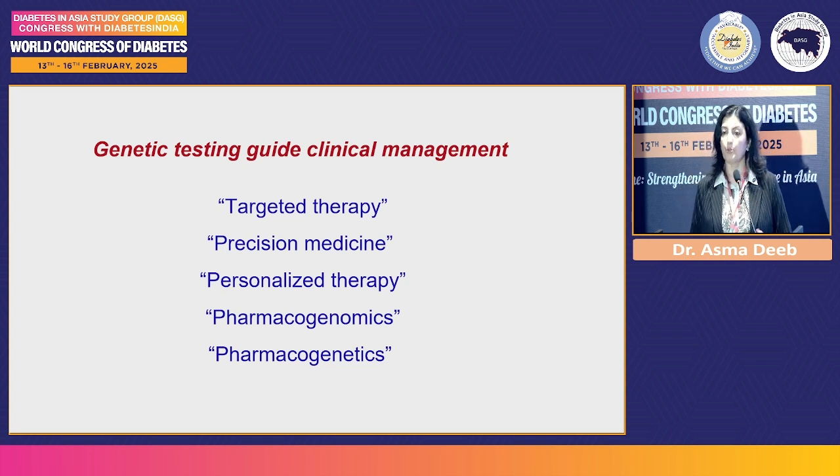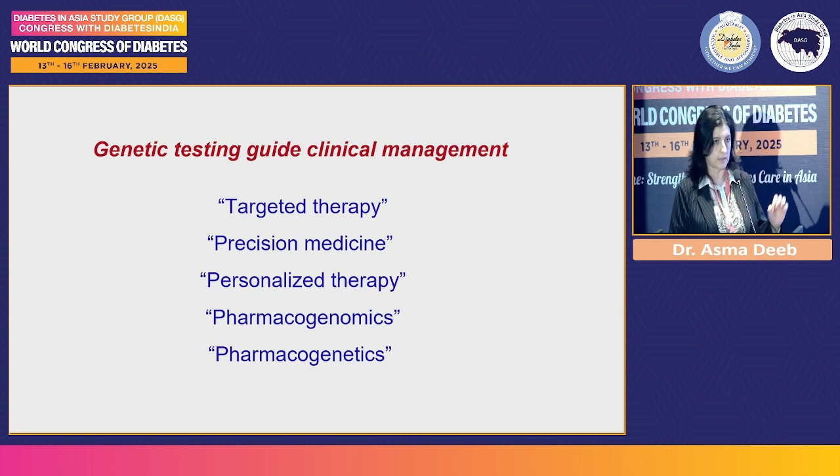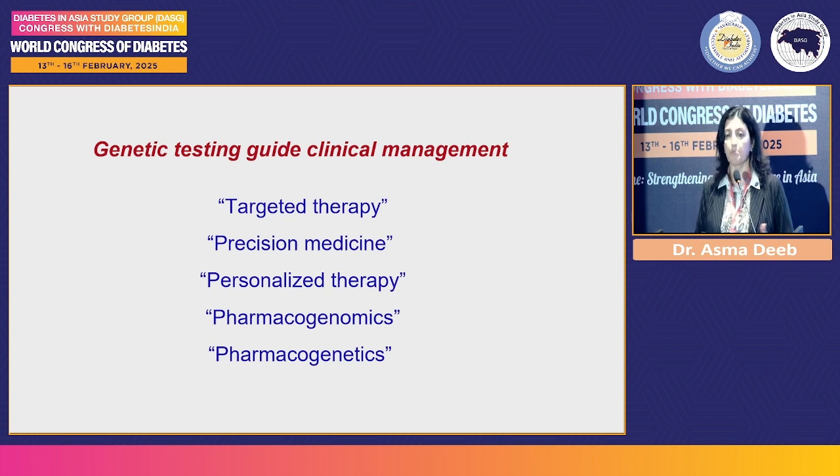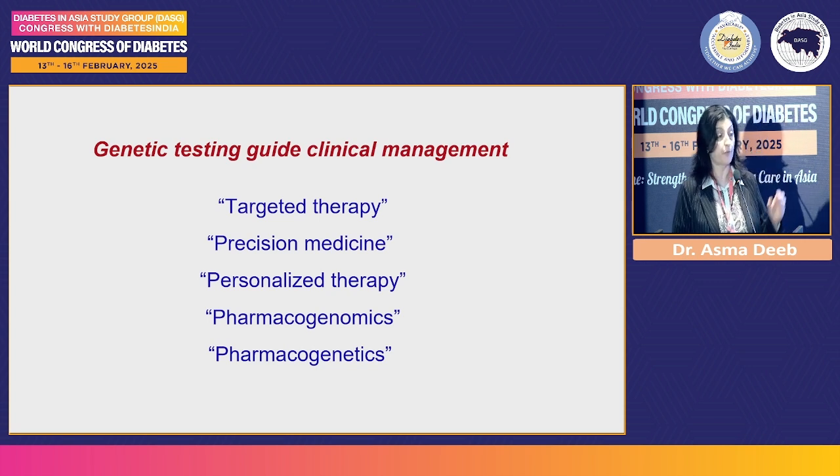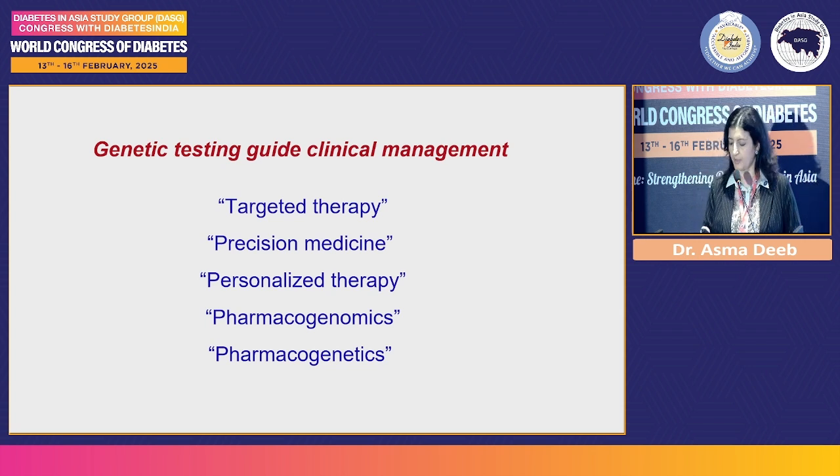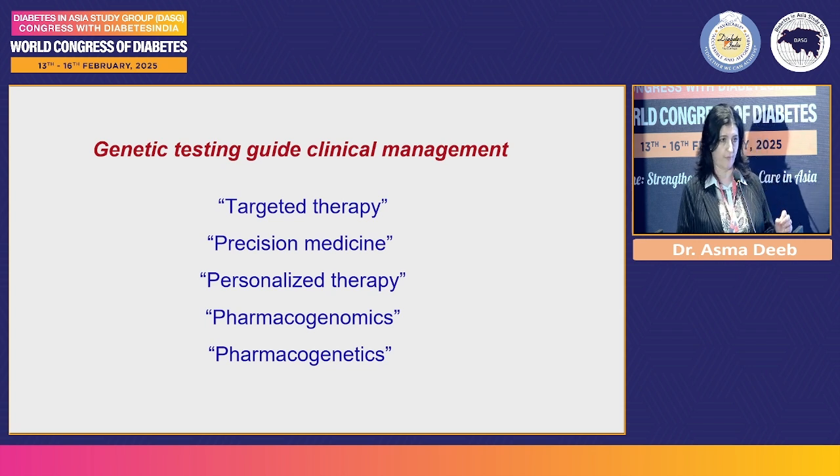We have been getting so advanced in molecular genetics, and monogenic diabetes is critically important. Genetic testing is important for us to employ and understand further the targeted therapy, precision medicine, personalized therapy. There are a lot of great examples of pharmacogenomics and pharmacogenetics when we talk about monogenic diabetes, and I hope time will allow me to show you a very good example of how monogenic diabetes diagnosis can apply to precision medicine as well as pharmacogenetics.